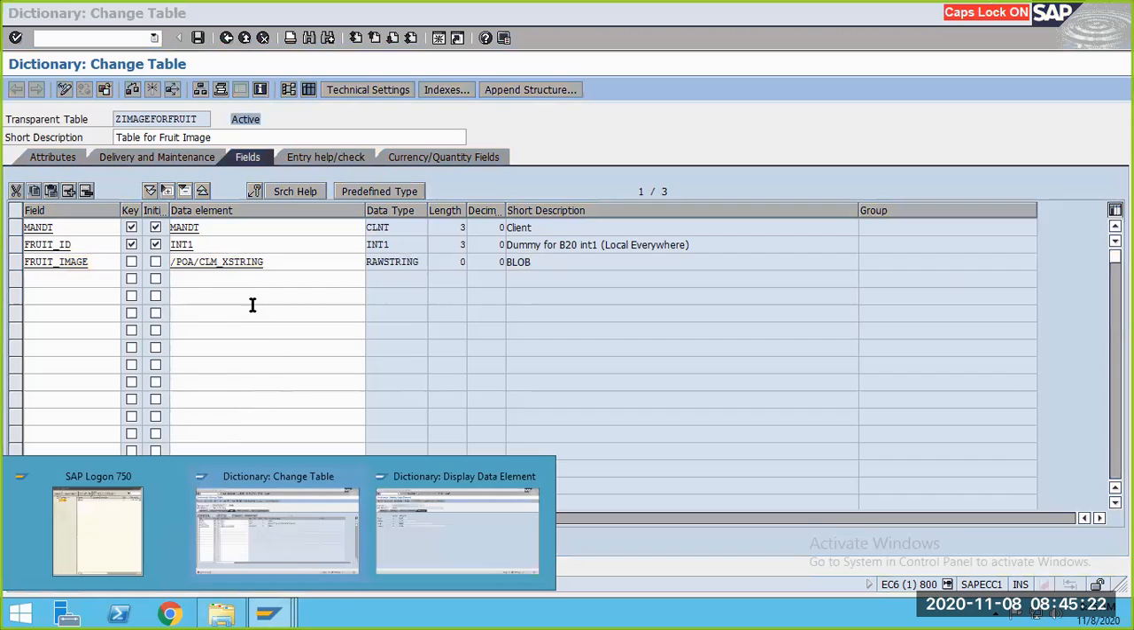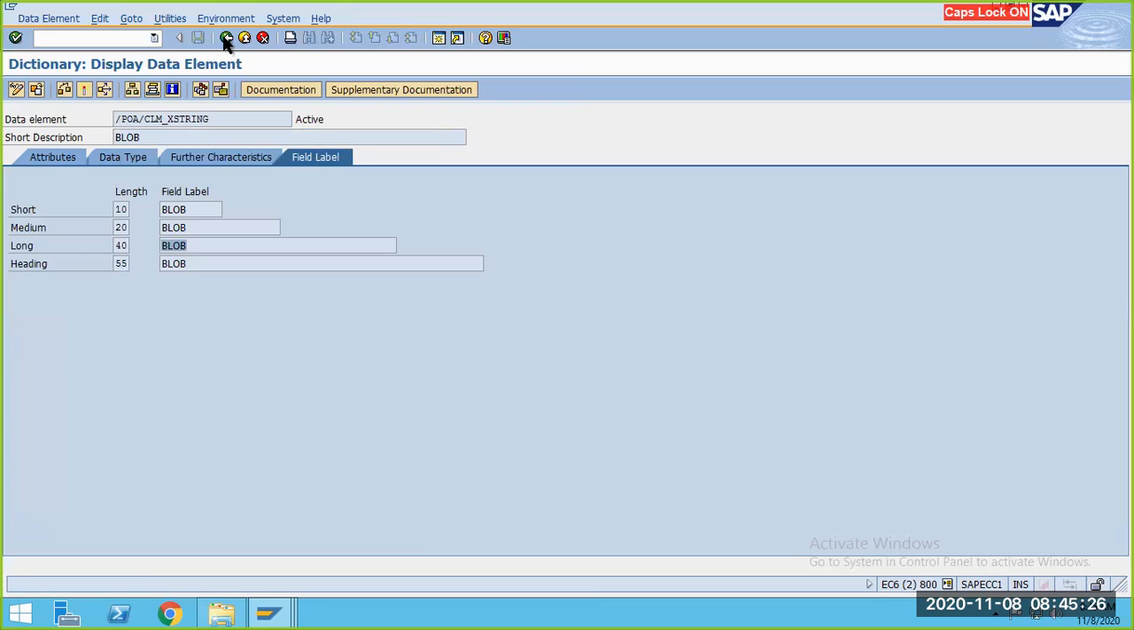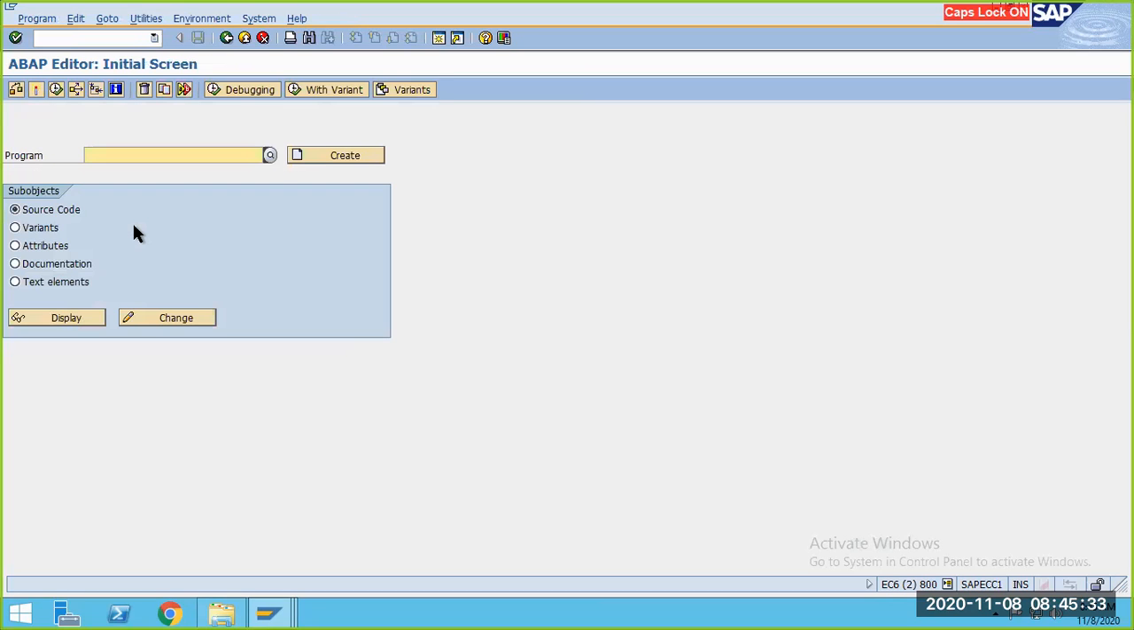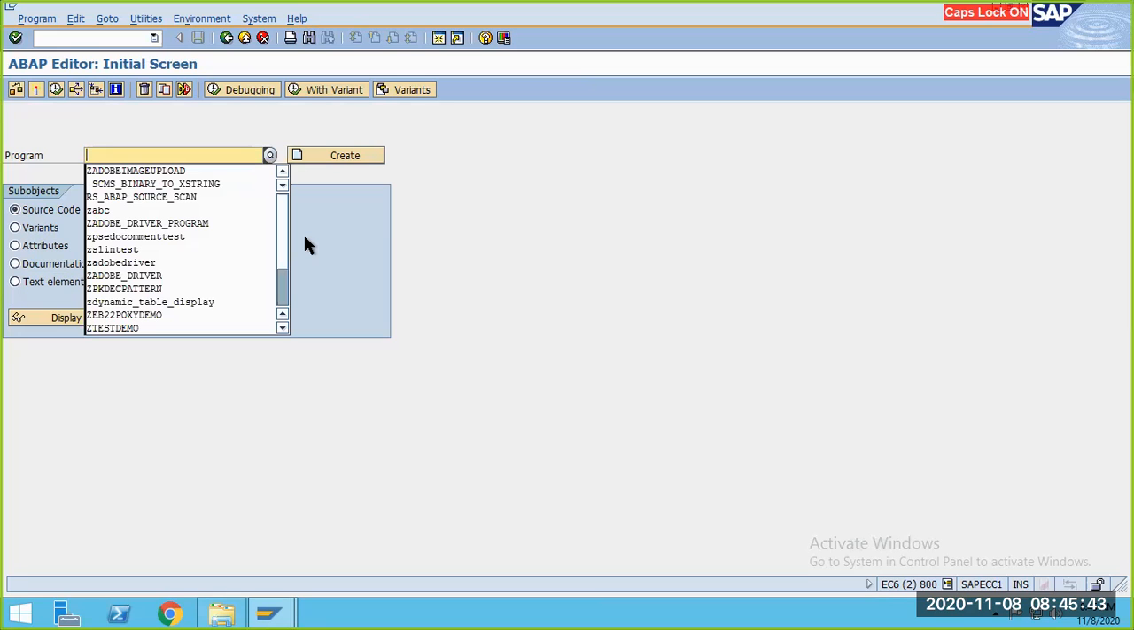Now we have to upload the image into this table. How to upload the image? For that, we have to write a program. Directly we cannot upload the image. The image needs to be converted into the hexadecimal format, hexadecimal string, and then we have to store it over there. So let's create Z